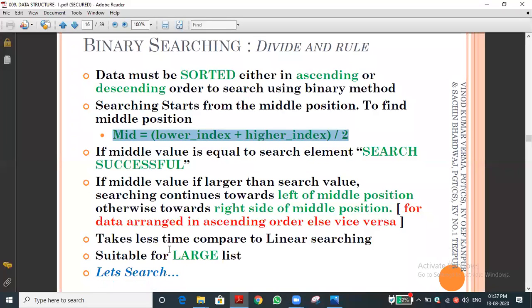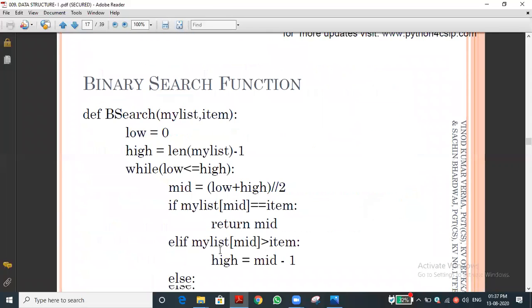It takes very little comparison time. Why? It checks whether the item is equal to the middle value. If it is larger than the middle value, it searches the right-hand side. If it is lesser, it searches only the left-hand side. Only half of the list is searched, based on the middle value. It is completed very easily. Out of 100 elements, it only does 50 or 20 searches, and easily finds the searchable value. This is the basic concept.